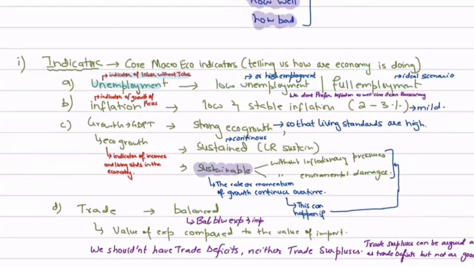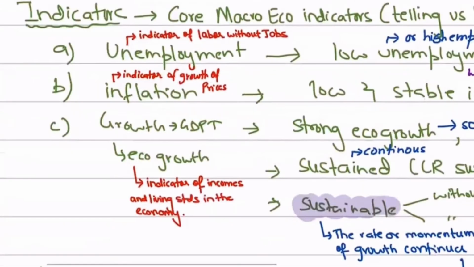And why does the government have set this kind of an objective? This is a macroeconomic objective, by the way, because it wants to achieve the macroeconomic indicator. It wants to achieve that indicator because it wants to measure the performance. Therefore, unemployment is an indicator of measurement of performance. The higher the unemployment, the worse the economy is doing, right? And vice versa. Moving forward, the second indicator is inflation.